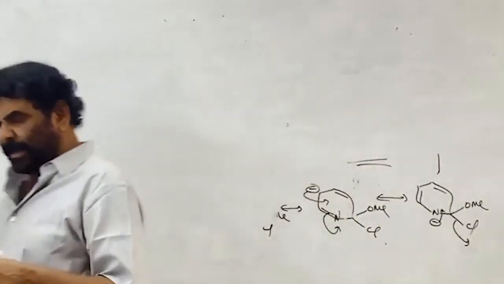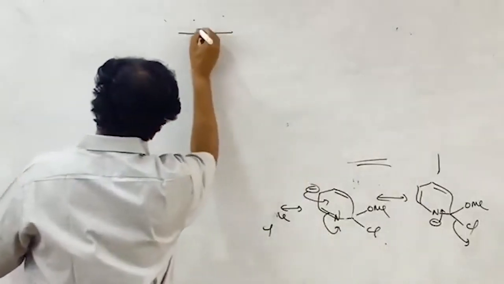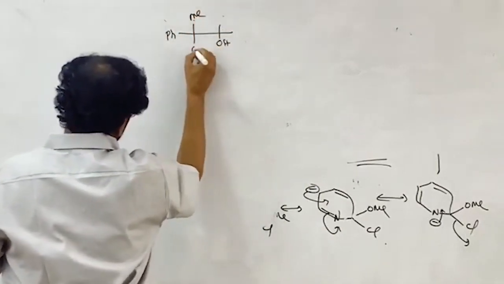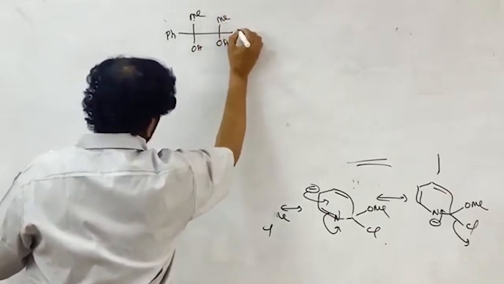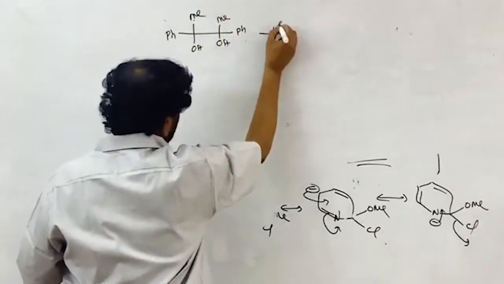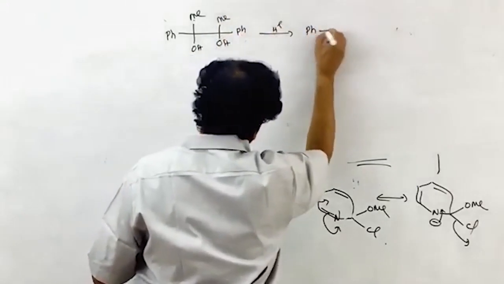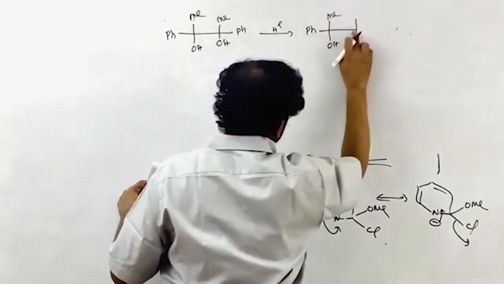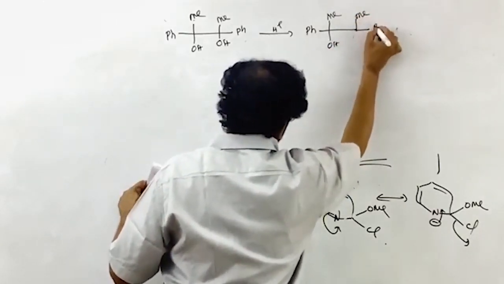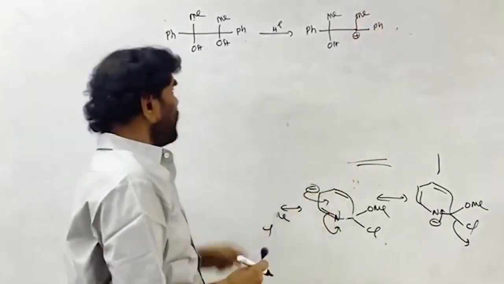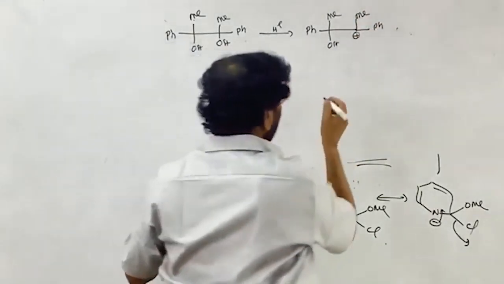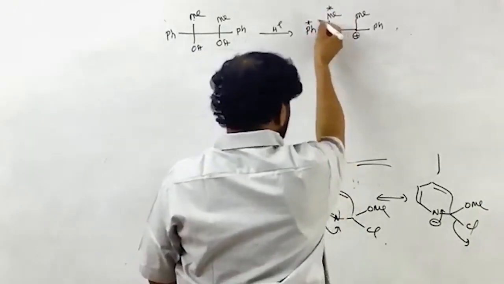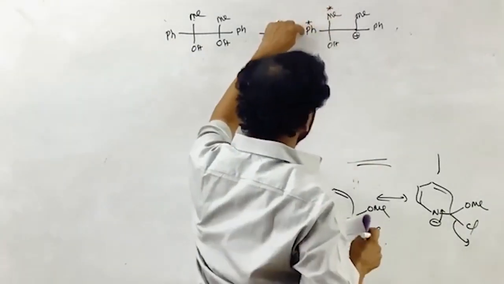And 29. In a pinacol rearrangement, this is the compound given, Ph, Me, OH, OH. Many times we discussed the pinacol rearrangement. With H plus, a proton, one OH leaves, and this is the carbocation formation. I'm skipping some steps. Now there are two groups on the adjacent carbon, and one of the groups has to migrate. Both are not equal, they are different.